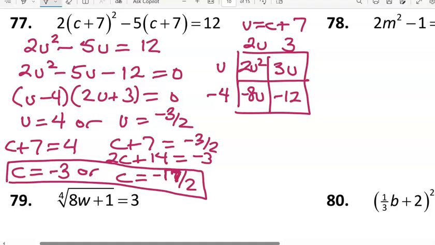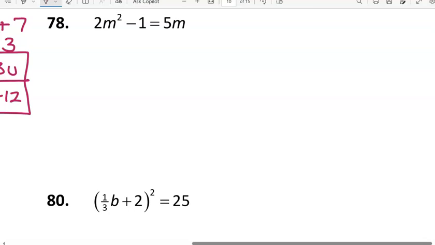Those are pretty much going to be limited to your square root equations and your rational equations, those with variables in the denominators, and also logarithmic equations. In number 78, we have a quadratic equation, so I am going to subtract 5m so